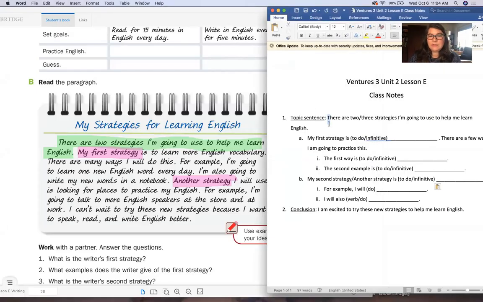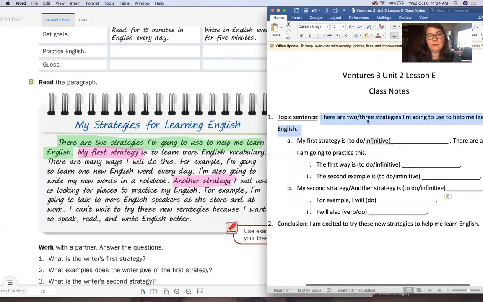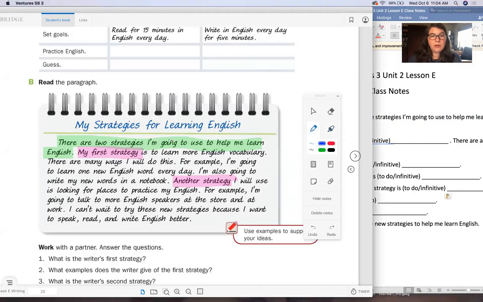Topic sentence. There are two strategies I'm going to use. If you want, you could say there are 3 strategies. It's your decision, okay? And then right away, my first strategy, look, is to learn. Over here, we have the verb to be, like number 1 is to learn. This is infinitive, to do, to study, to watch, to learn, okay? So you can